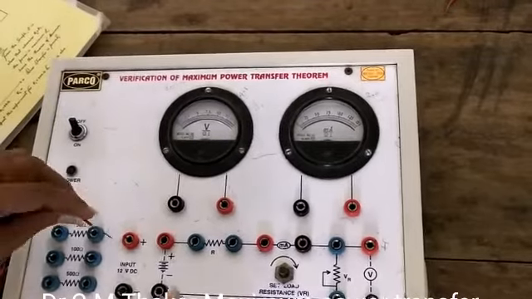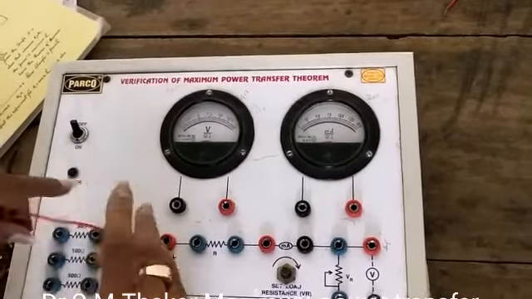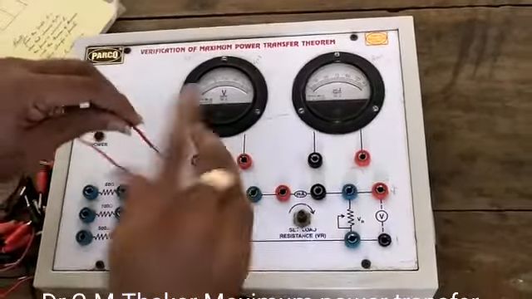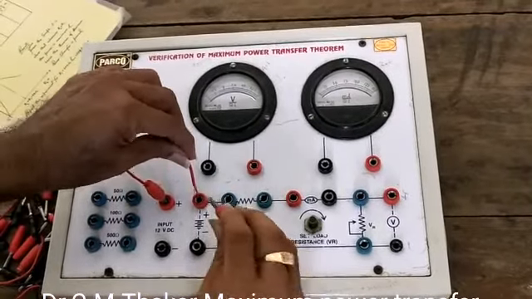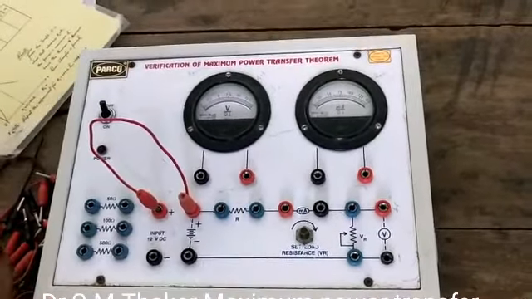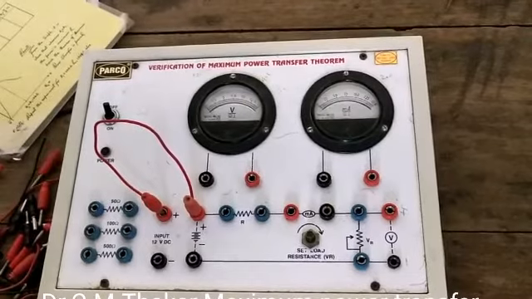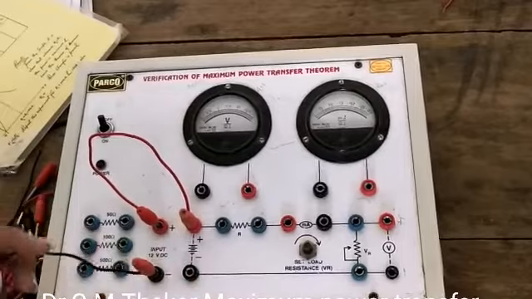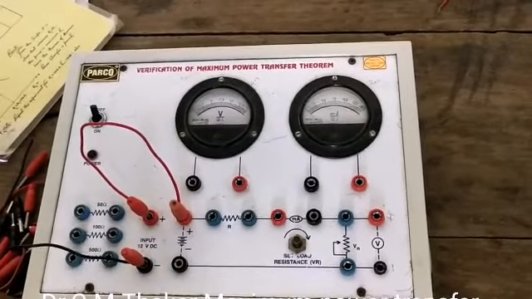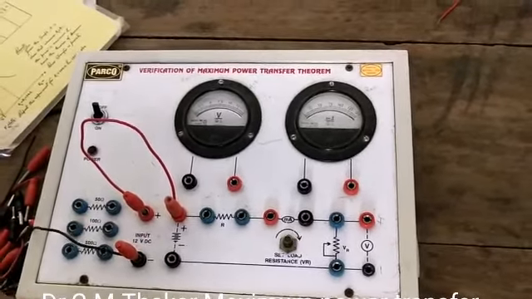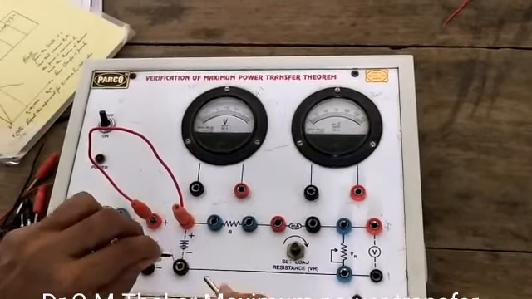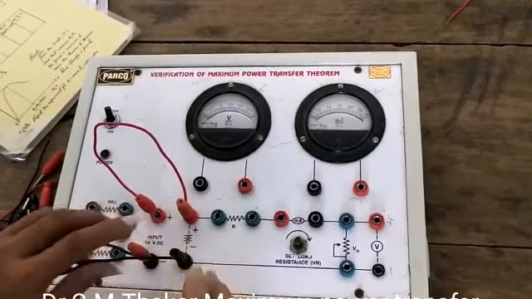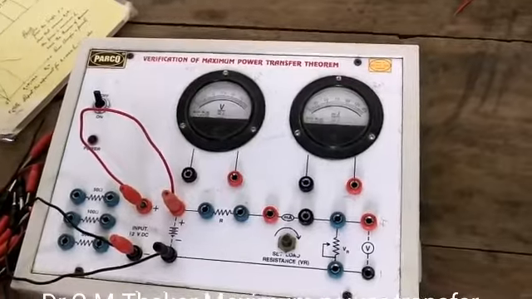I am trying this: the positive terminal of the supply is connected here to the positive terminal. So the supply positive terminal is connected. Now the negative terminal will be connected here to the negative terminal of the circuit supply. This is the circuit supply shown here. So supply is connected. Okay, fine.